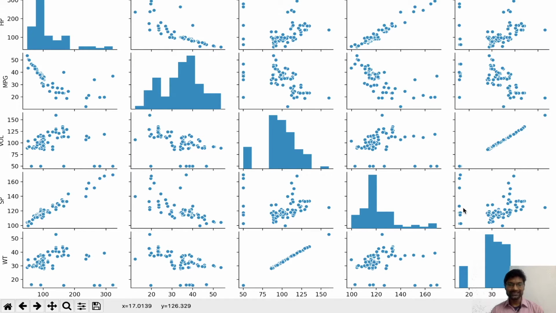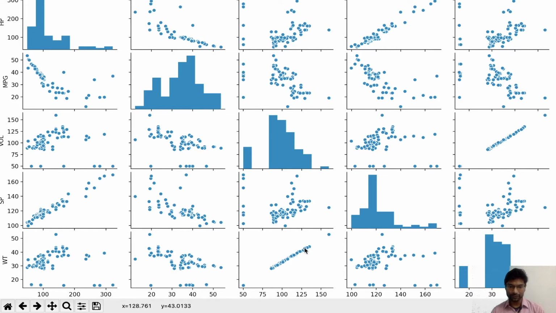Okay, so this is how my plot appears when I maximize my window. The graph has to be read from top to bottom, left to right. The features are horsepower, mileage, volume, speed, weight. When I start with horsepower, the first column, horsepower and horsepower match and it produces its own column. Then mileage, then volume, then speed, then weight. Reading the values of the same column is not going to be of use. That is why this is just plotting its own distribution. The remaining values are x comma y scatter plots.